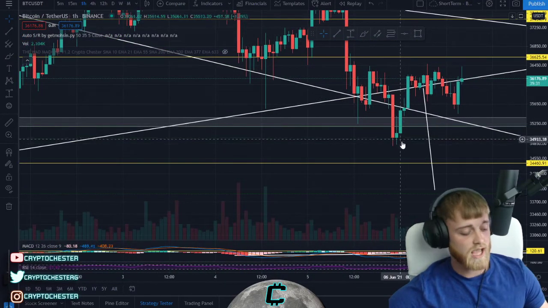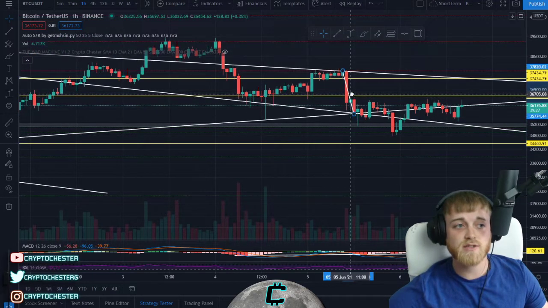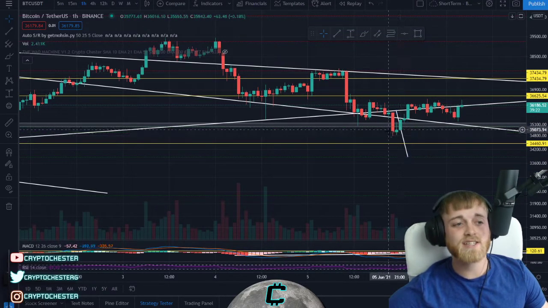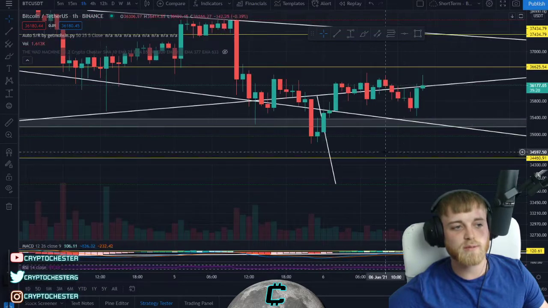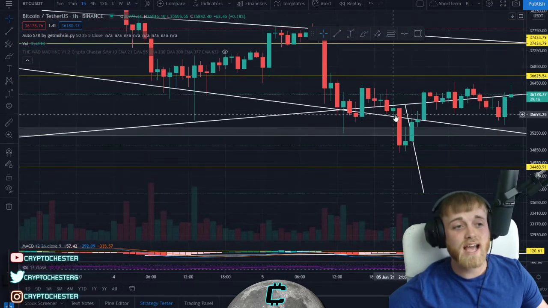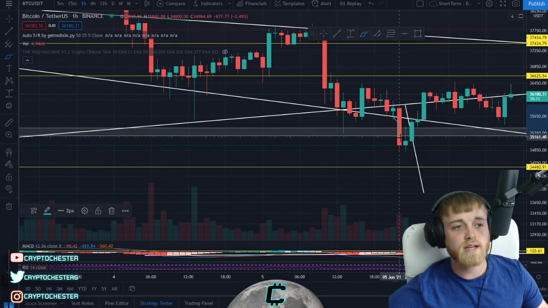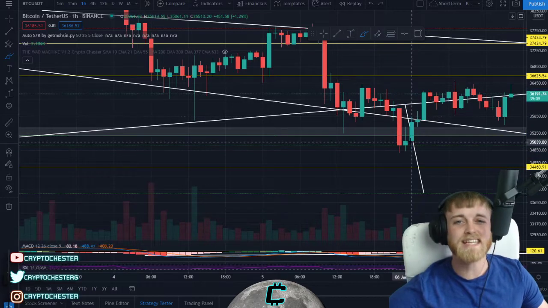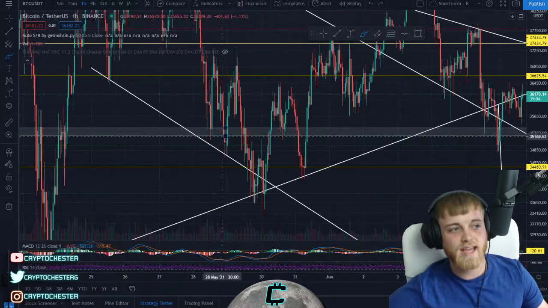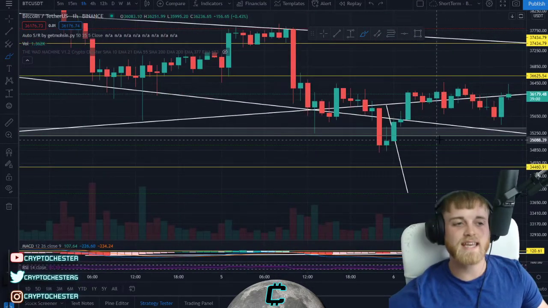We were looking for this measured move to be completed to the downside. As you can see here, measured out perfectly, like so. Unfortunately, we didn't see that, and just let me explain why we saw this reversal in the price, and why I closed my position at this support point here. So as I said, I entered at this 35,800 zone, and I rode it down, saw this colossal dump, deep sea dive dump there. We took a nice chunk of profit at this grey box zone that we got coming through here, acting as high levels of support. So I was like, yep, that's definitely a nice bit of profit taking there.